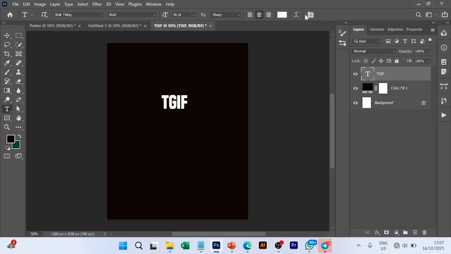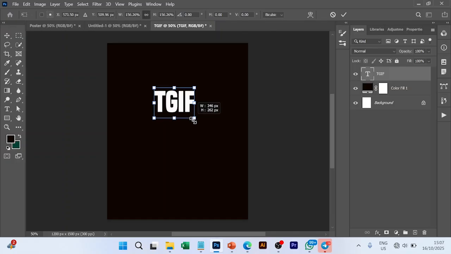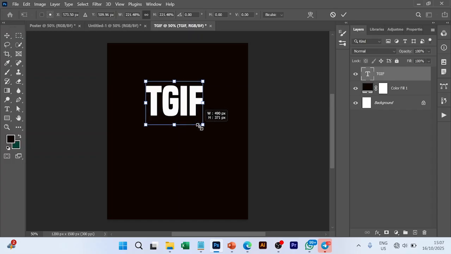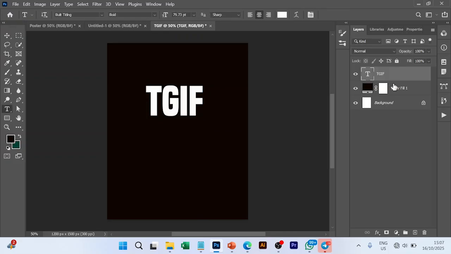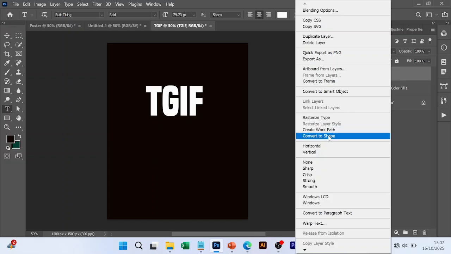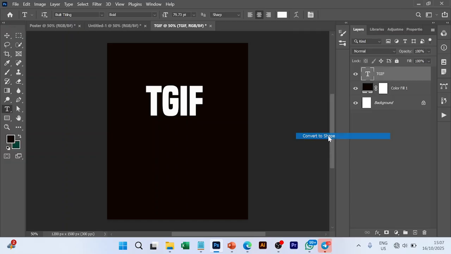Control T on our keyboard. I'm going to increase the size, increase it like this. Okay, cool. After clicking mark, we are going to right click on this, and we are going to convert it to shape. Converted it to shape,